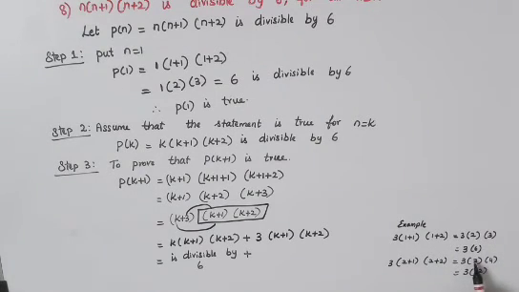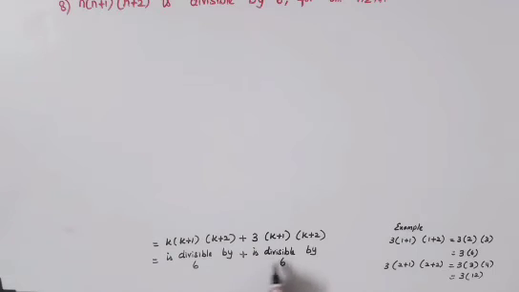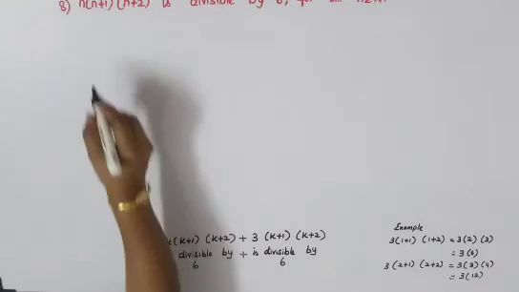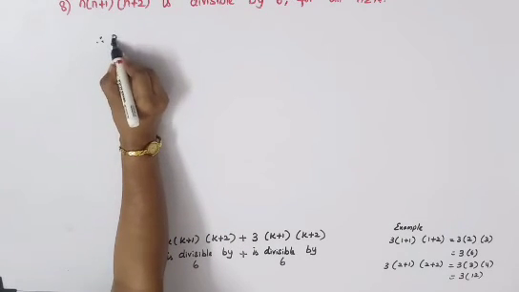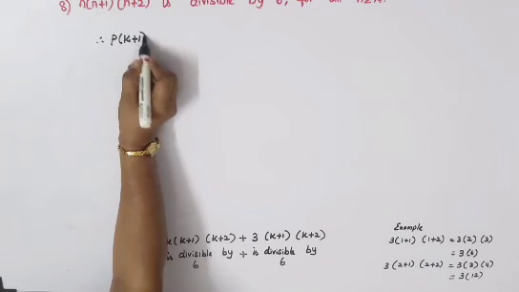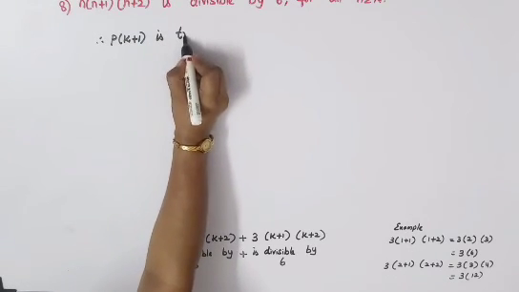Here also we can see one odd number and one even number is there. So multiplying, that will be the multiple of 6. Therefore these numbers 100% will be divisible by 6. Okay. So therefore you can declare this. The same thing only we have taken here. So you can declare that this divisible by 6. First part is divisible by 6 and your second part is divisible by 6. Therefore, P of k plus 1 is true.